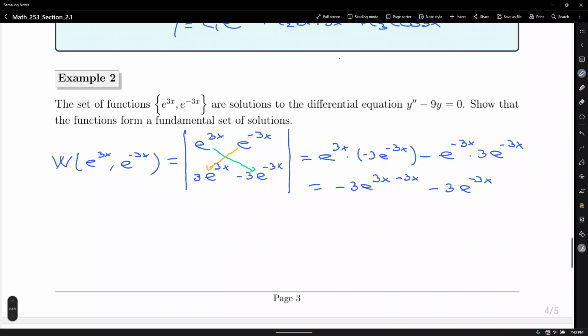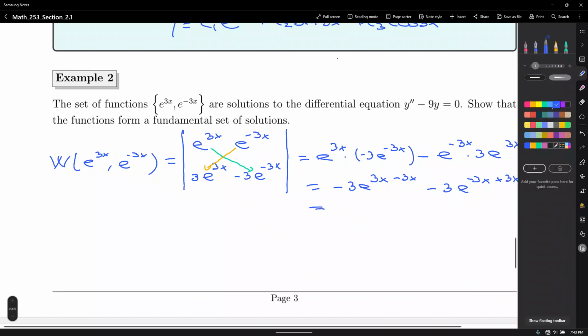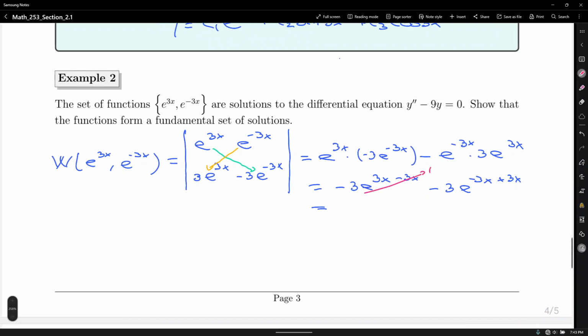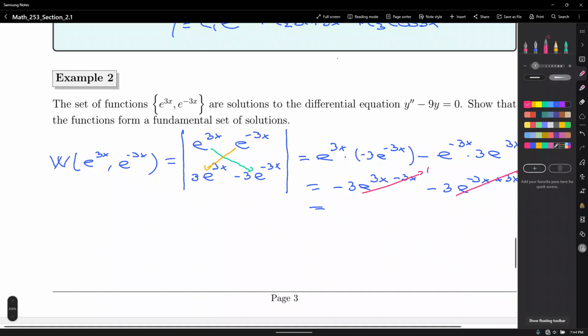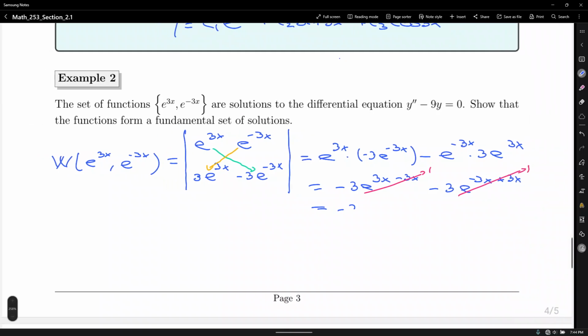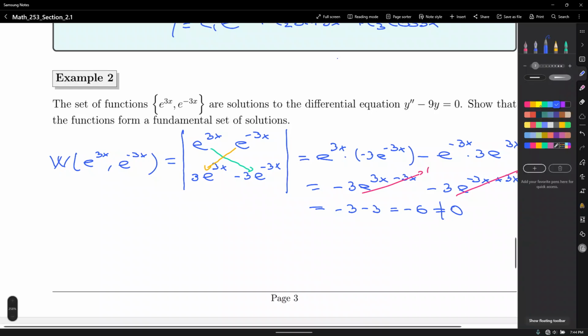And this is positive right here, right? Plus 3x. Okay, so what is this? So e to the 3x minus 3x, is that equal to e to the 0, which is 1, right? And over here, e to the negative 3x plus 3x is e to the 0, which is also 1. And this is negative 3 minus 3, which is negative 6. Whatever that is, because this is not equal to 0, therefore